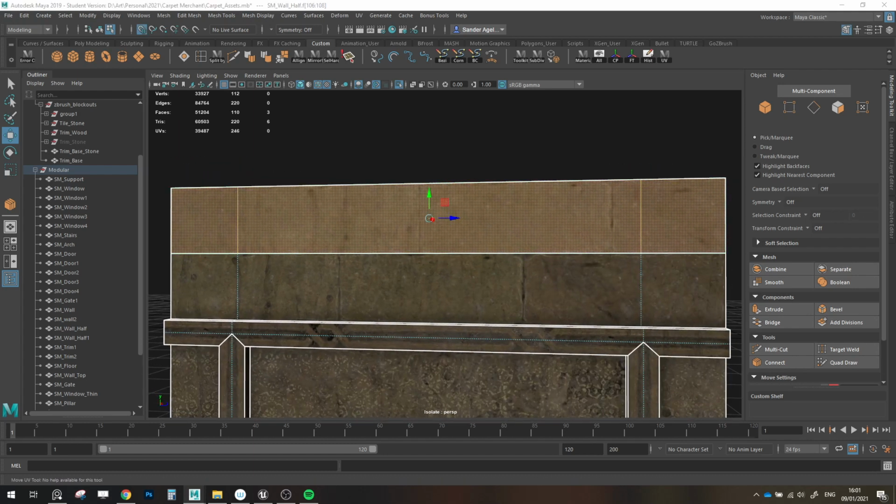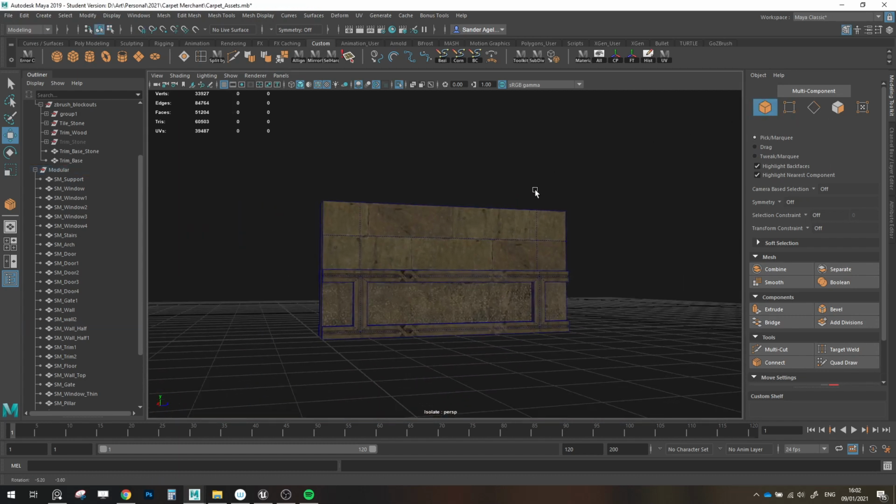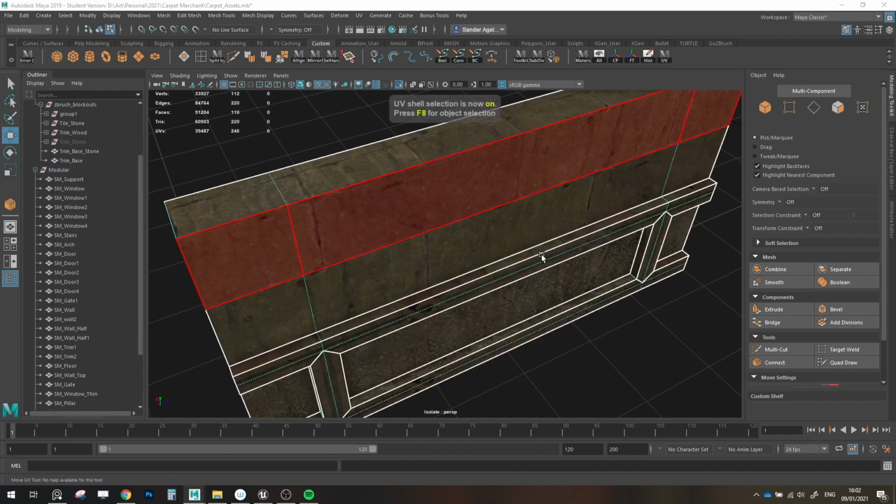And if we offset it, something like that, that'll do. Perfect. And now these smaller edges in here,